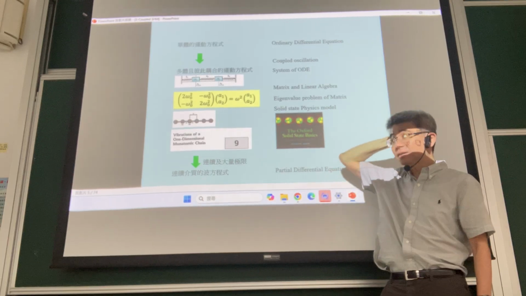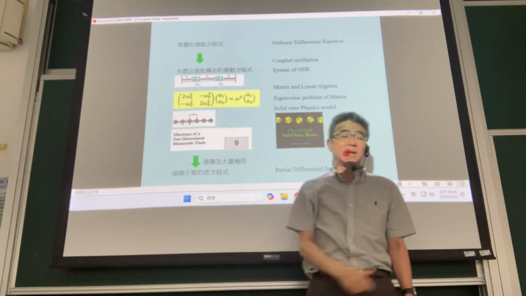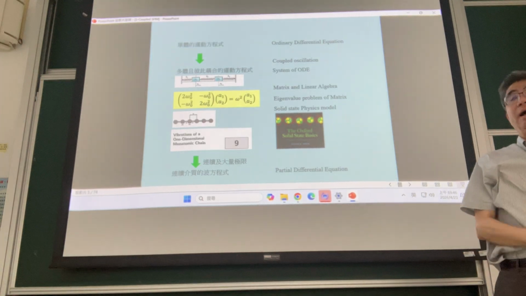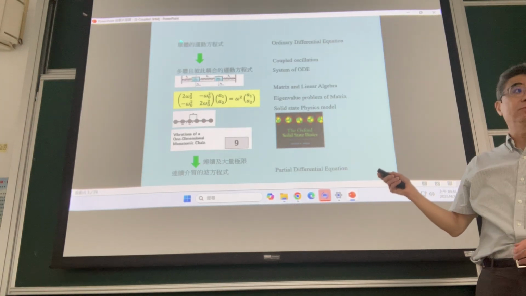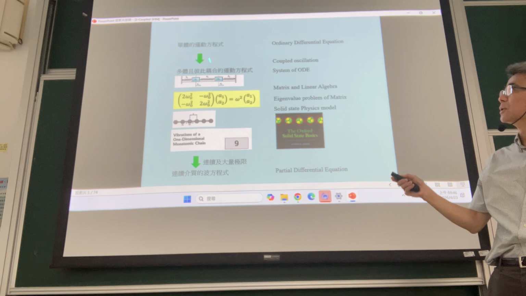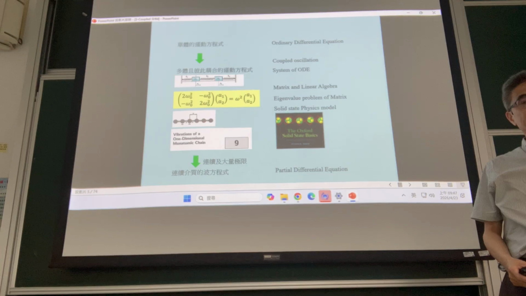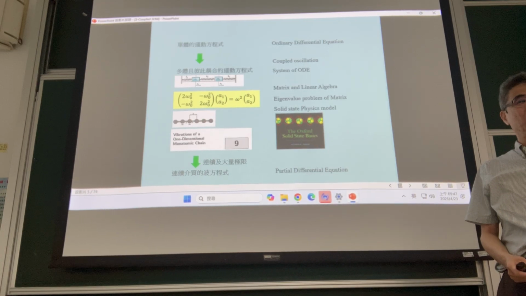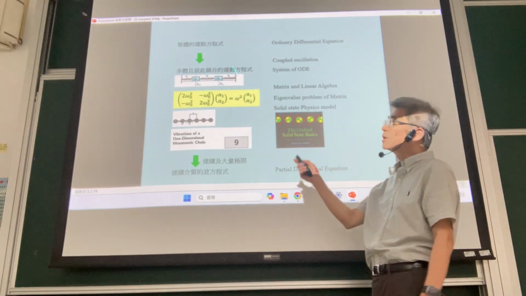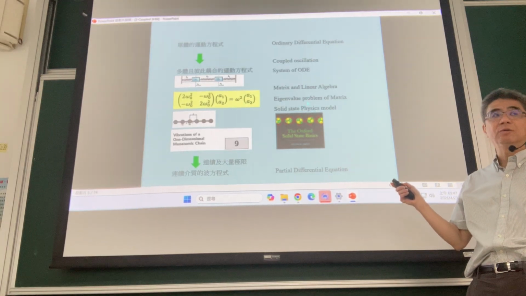So in solid state physics, it is essentially this kind of coupled oscillation system. Today I'm going to talk about n equal to 2. N equal to 2 means there are 2 masses and 3 springs. That's the easiest way to couple 2 masses together. And then I will extend to n equal to 3. And if you are familiar with n equal to 3, it's so easy to extend to any number. So our calculation and the mathematical language we use could be easily generalized to